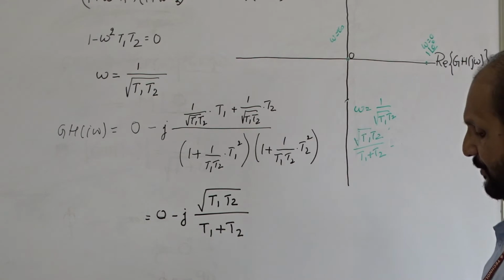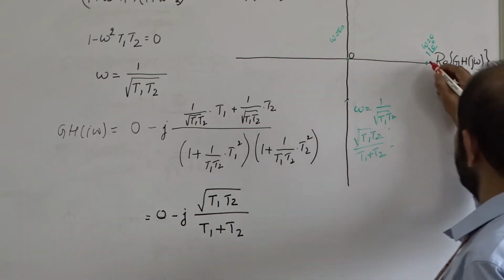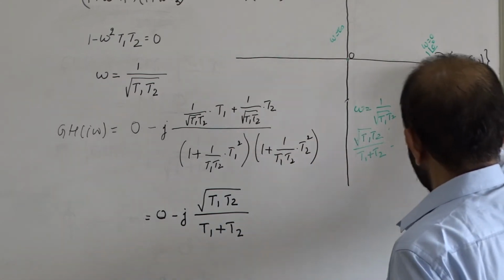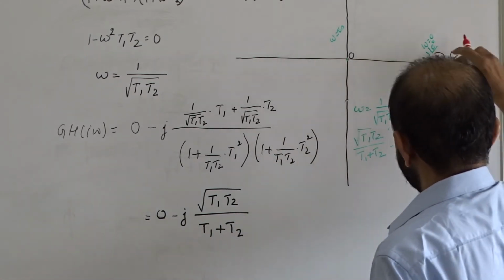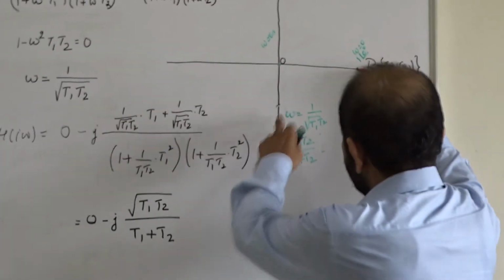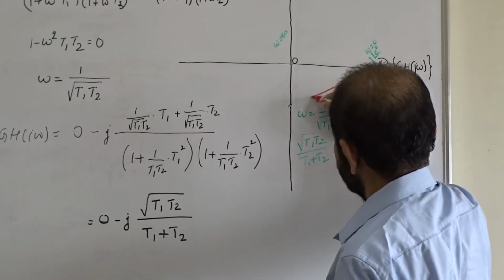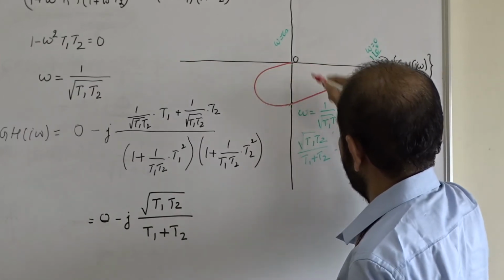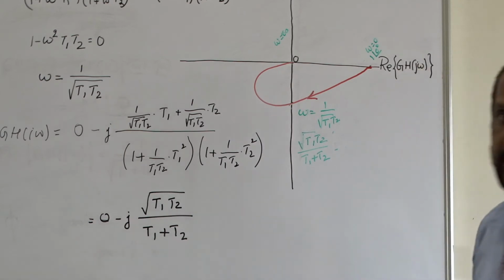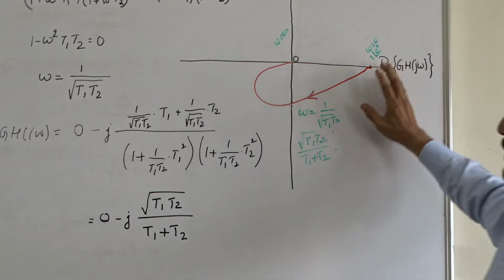So join it, roughly you draw the figure. This is the starting point. The angle varies from 0 to minus 180 degree, so you have to travel in this direction, from the 0 degree axis to the minus 180 degree axis, intersecting this point. So you draw like this, and this is the end point. We travel in this direction while drawing the polar plot. So this is the polar plot of this problem.